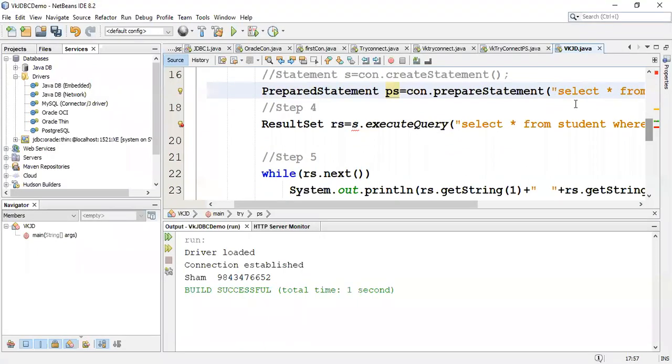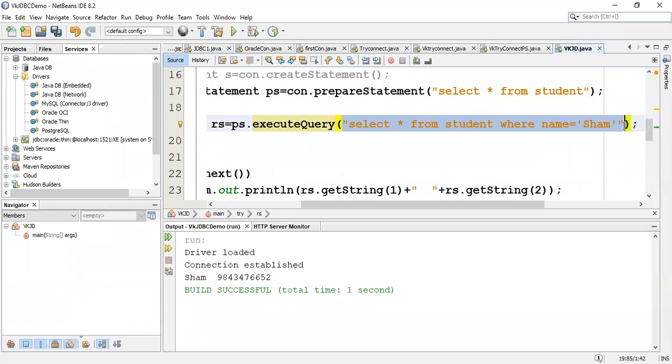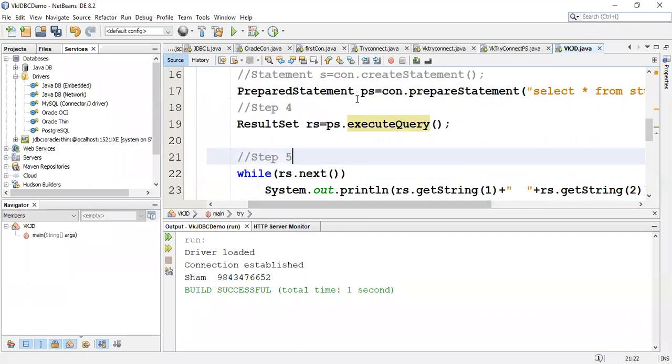And then in the result set, I have to say ps.executeQuery. Same thing I can do, but here I need not give the query since I have already given the query above. So I can just say executeQuery. Did you understand the difference between statement and prepared statement? In prepared statement, at the time of object creation only, I pass the statement, and in the result set, I just say ps.executeQuery.